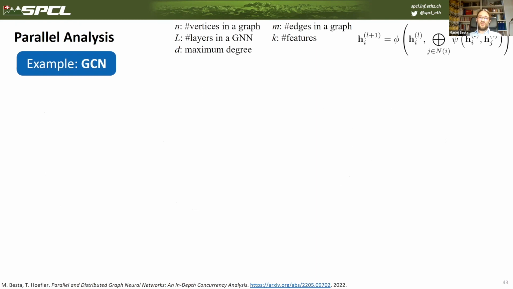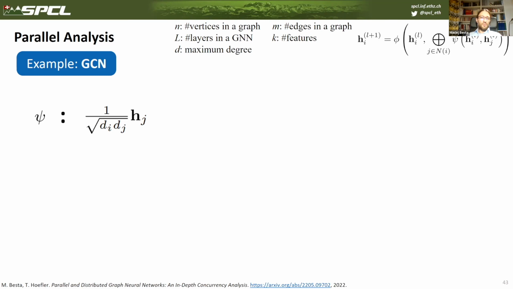So let's start with analyzing formally how much parallelism is there in the very seminal graph convolutional network model. Right. So first, let's disseminate this GCN model into the fundamental functions that form the local formulation. Right. So first we have the psi,